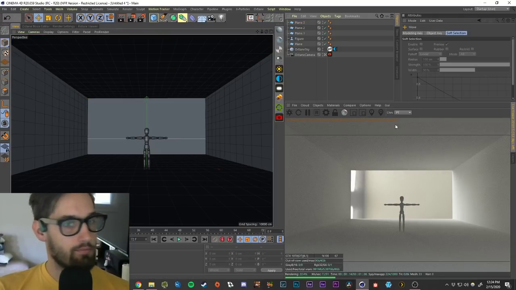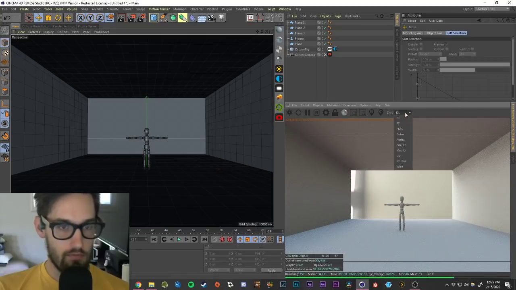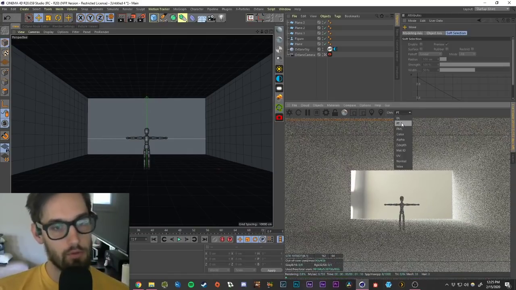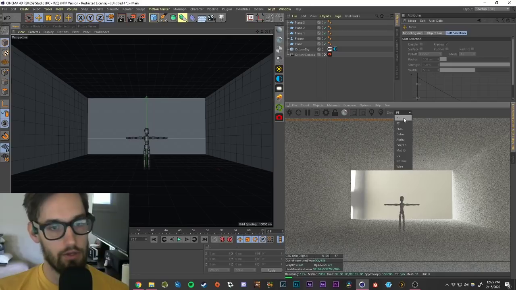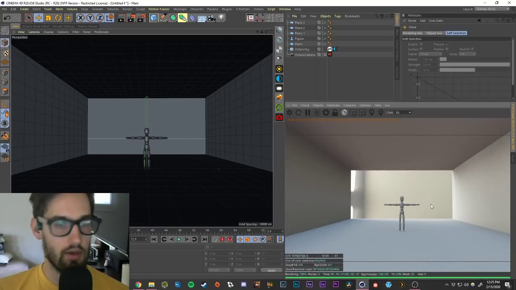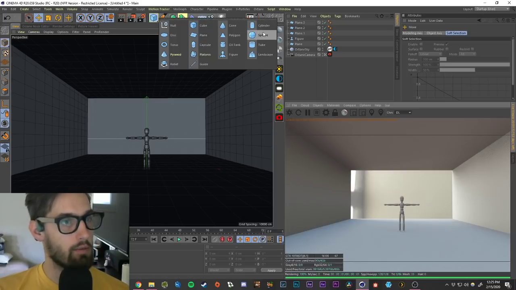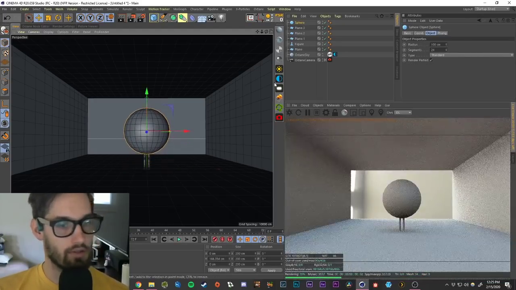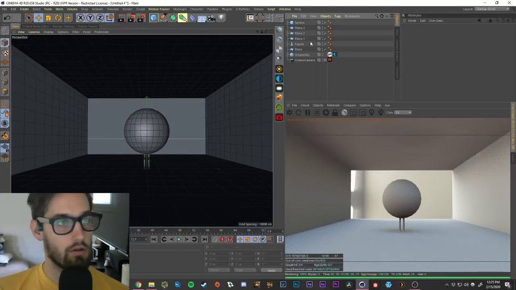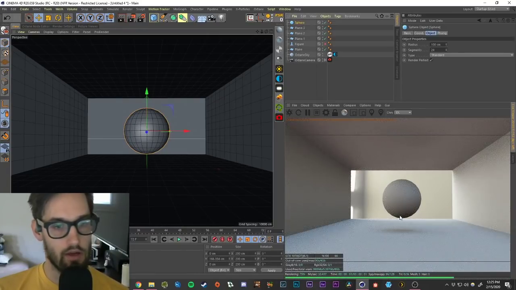All right. So in Octane, switching between direct lighting and path tracing. Direct lighting, I believe, I don't know, you maybe only have a couple bounces of light in the scene. But when you switch to path tracing, that's going to bounce light around a lot more. You can see how the sphere, there's a lot of shadow at the bottom of this thing and a little bit at the top as well. These corners are pretty dark compared to the light that's coming from the left side of the screen hitting this on the right. And if you switch to path tracing,